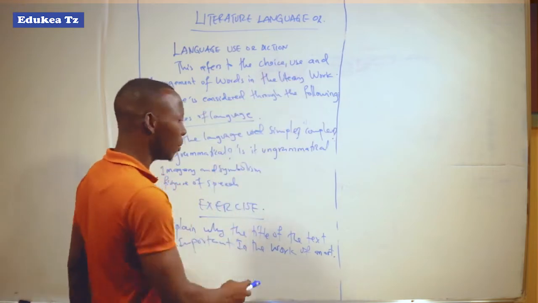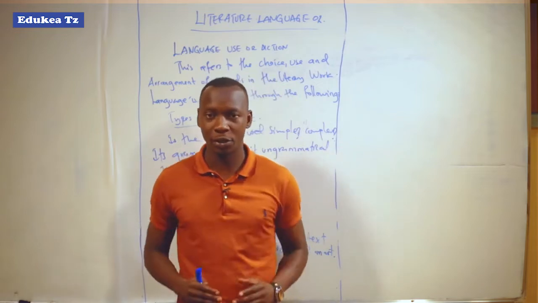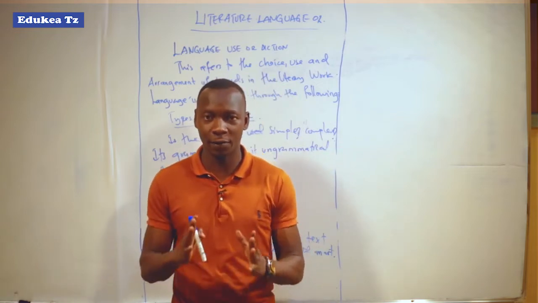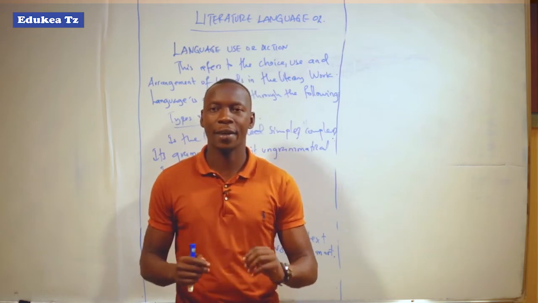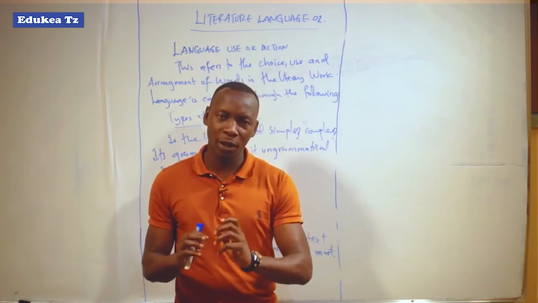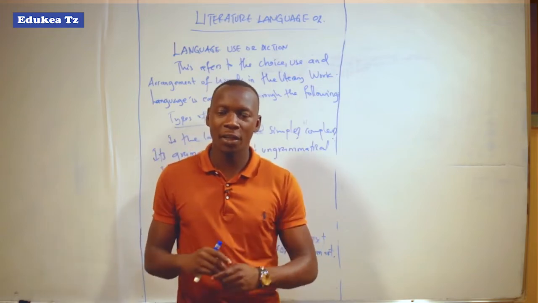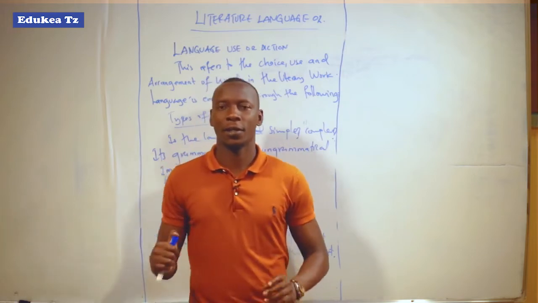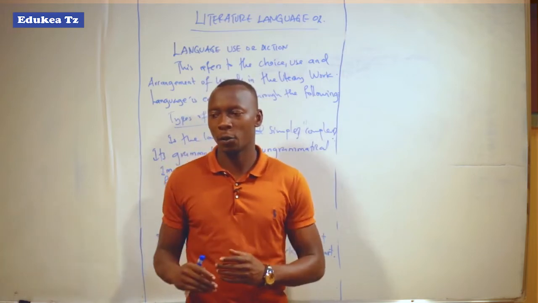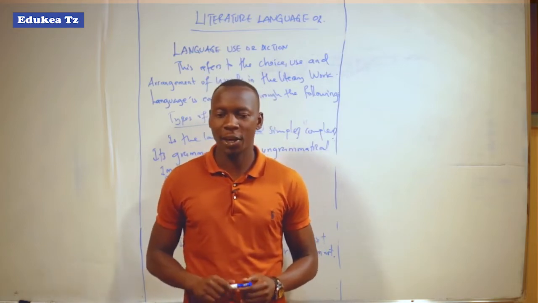So when we are talking about imagery, we are talking about the employment of figurative language, where, when a word is spoken, it creates a mental picture. For example, consider the novel The Beautiful Ones Are Not Yet Born by Ayi Kwei Armah. There is a term like